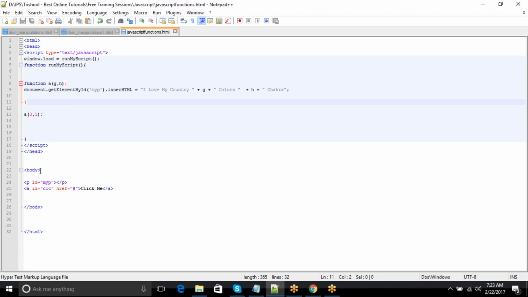Here I have written onload function. I'll tell you about this function a little later. I'll use only onload. Here onload, I have written onload function to the body, which means this will run after the DOM structure loads, which means only HTML tags, all the HTML tags in the HTML file. But if I write window.load, it has to wait until not only the HTML structure, but also the whole content,